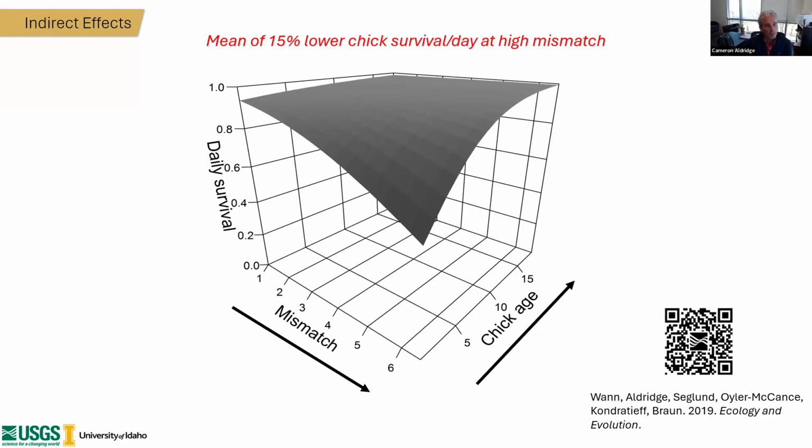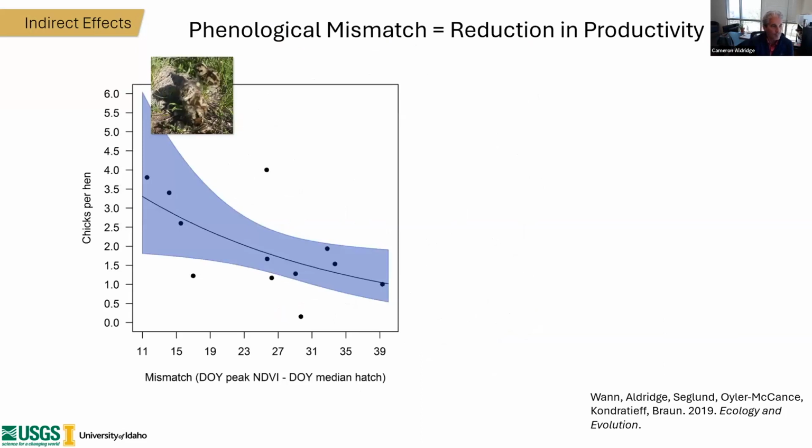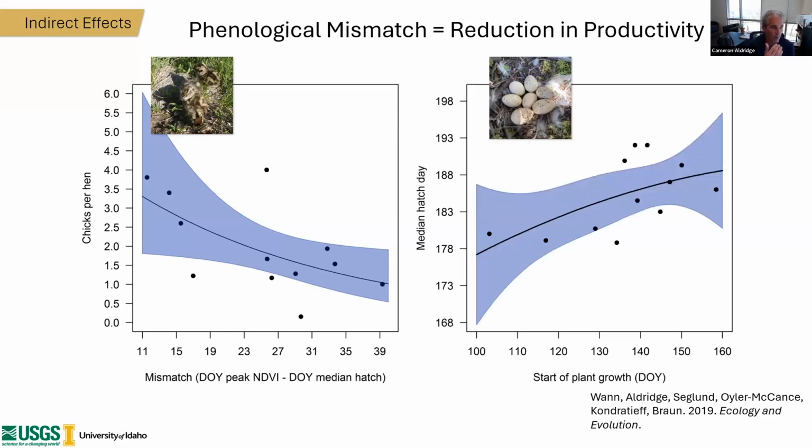So if we go look at the next slide, we're going to see that we've seen this decline over time in chicks per hen that are produced. And here's just this plotted of the mismatch in the number of days and how that chicks per hen in a population drops. And it can be halved if that mismatch is 10, 20, 30 days out. So if birds miss that, we see drastic reductions in reproductive output, and we're seeing consequences of older age structure